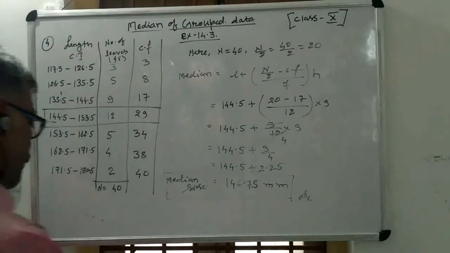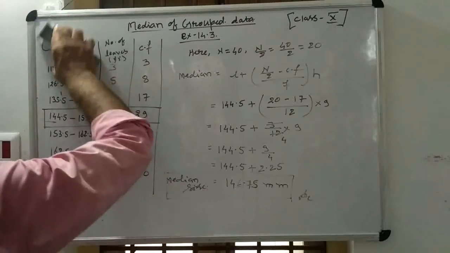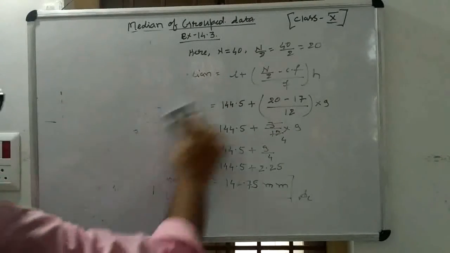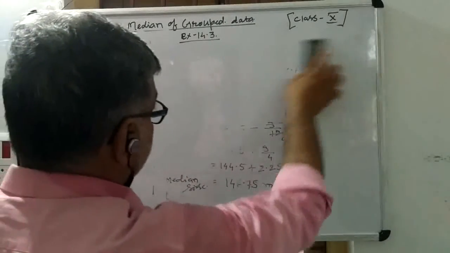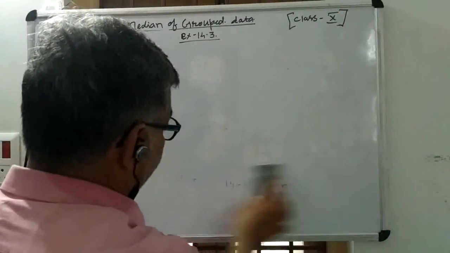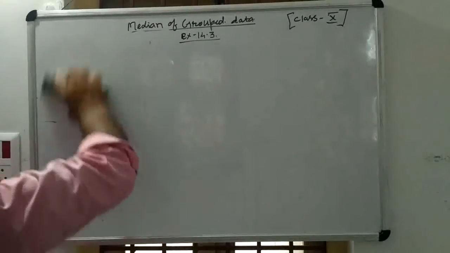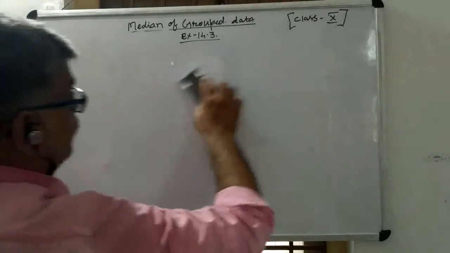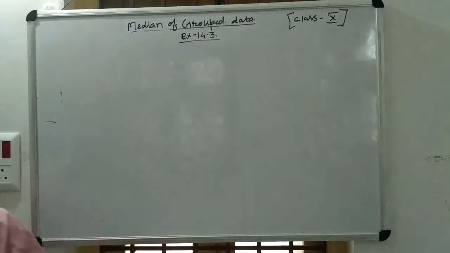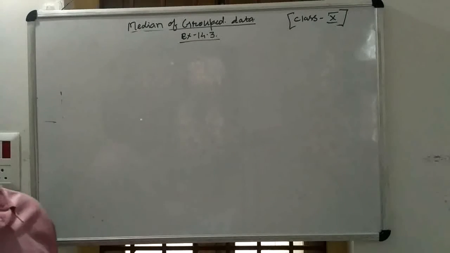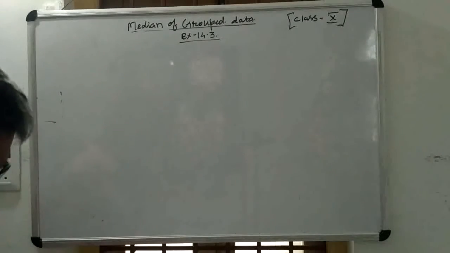Now let's see one more question from this exercise, which will be the last question, because one or two questions will be left. I will leave 8 questions for you to do yourself, because I have discussed most of the questions from this exercise. So let's see question number 7, the last question of this exercise.